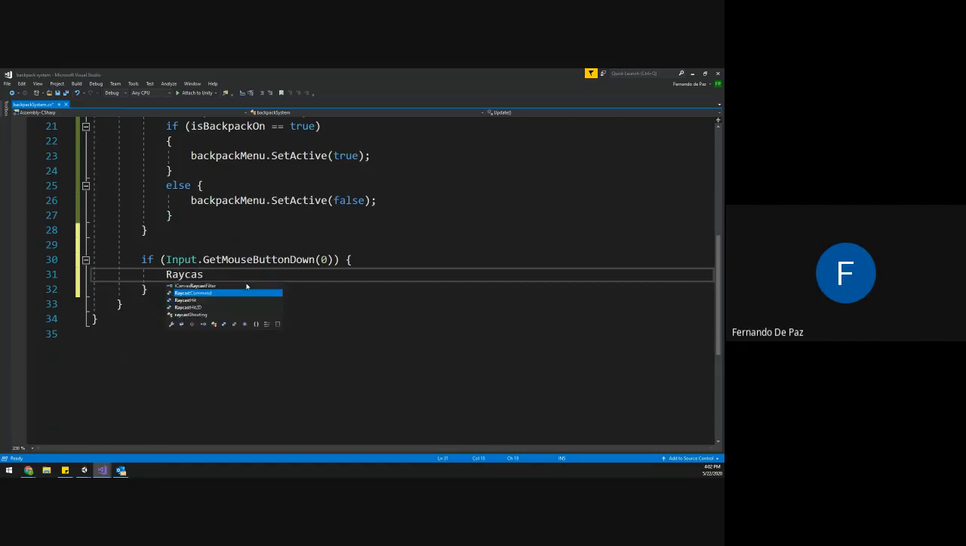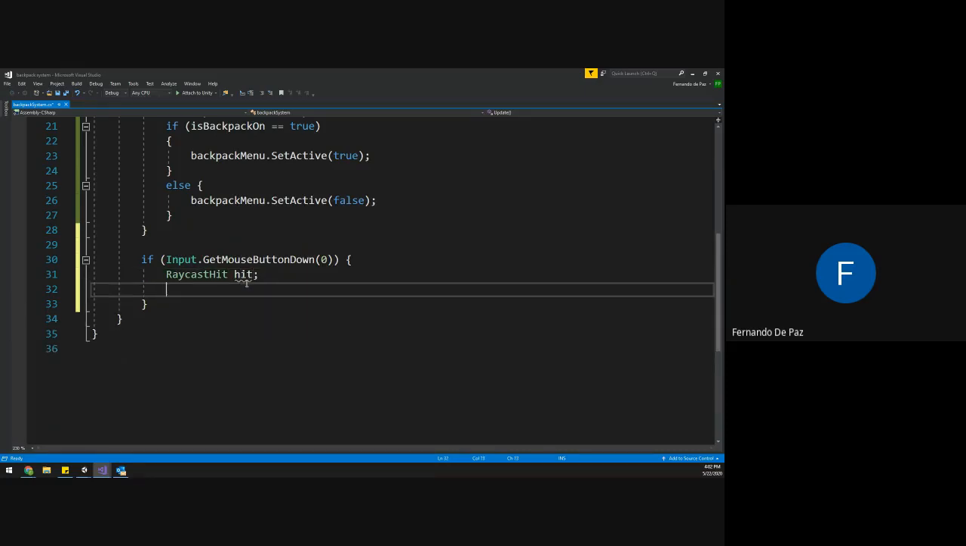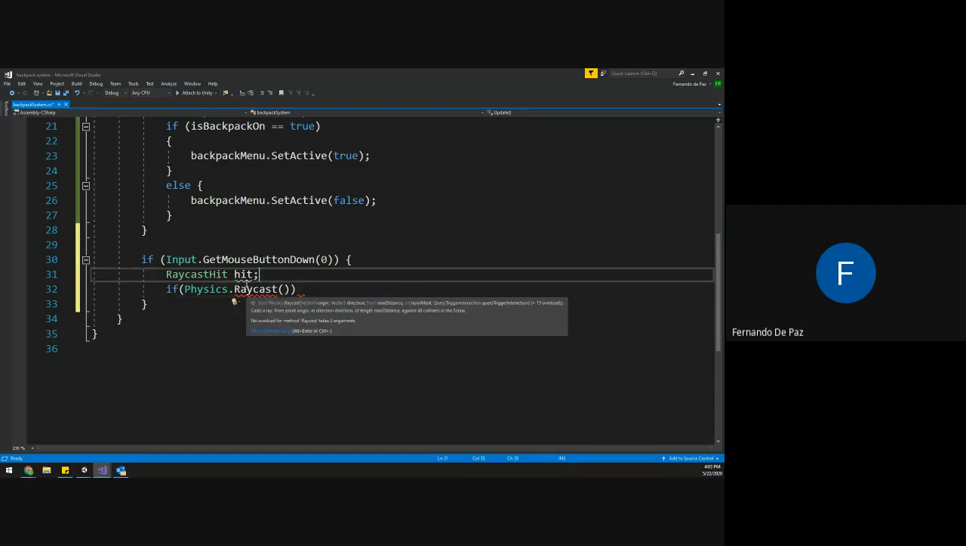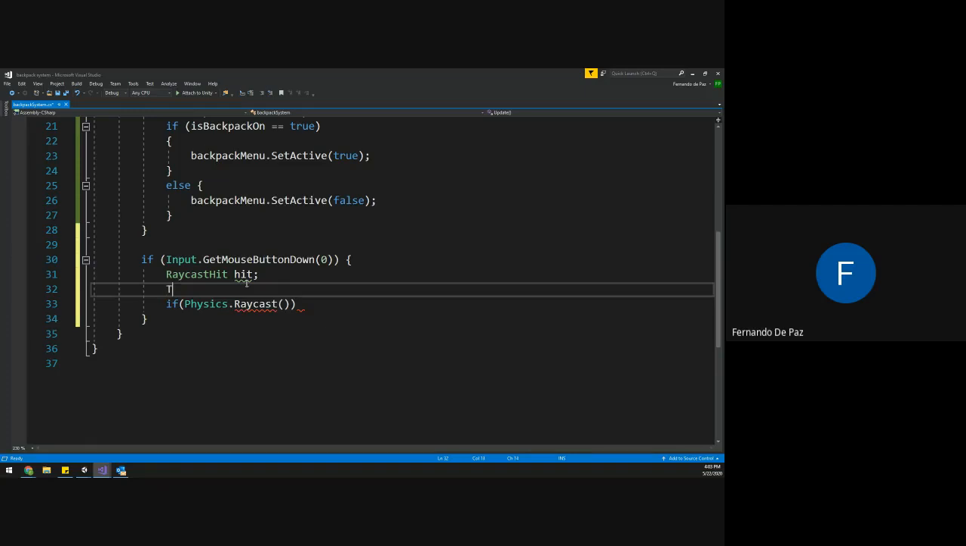So RaycastHit, I'm going to call this hit. And I'm going to do my raycast. So I'm going to say if Physics.Raycast, and where are we doing the raycast from? We need to do it from our camera, but we don't have an instance of our camera, so we need to make one. So I'm going to press enter right here and say Transform,